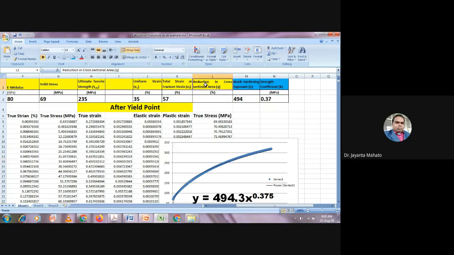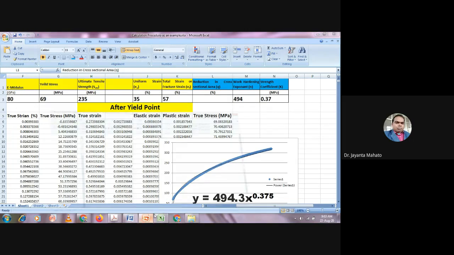One value is remaining, that is reduction in cross sectional area. So this value can be calculated by taking the diameter after necking.